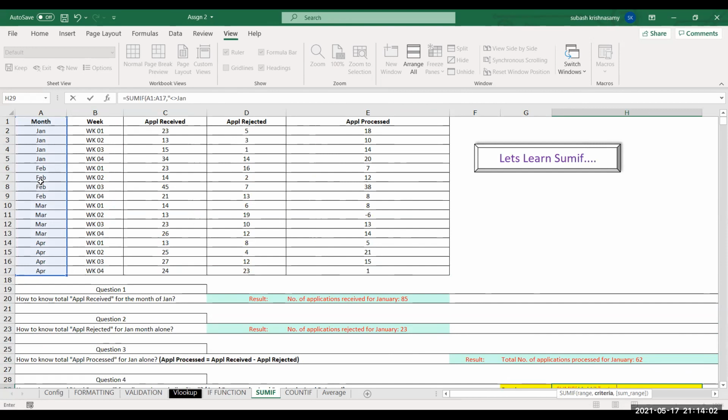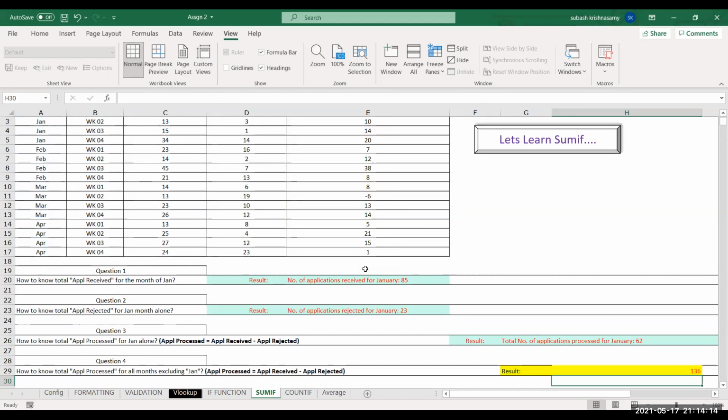You can write it simply like this. When you say not equal to Jan, then you give this range where you want to sum the data. Right? You get the same number, 136.